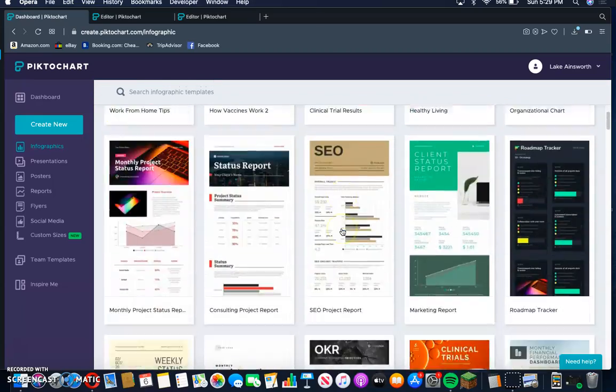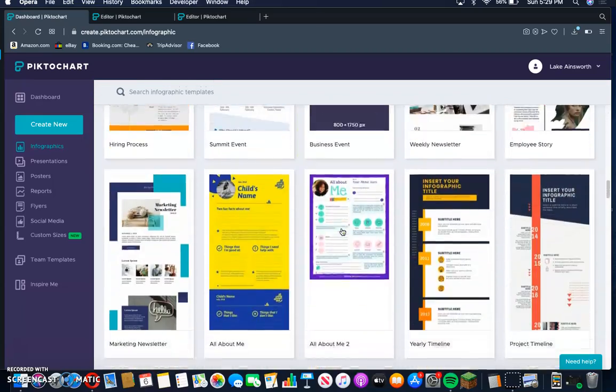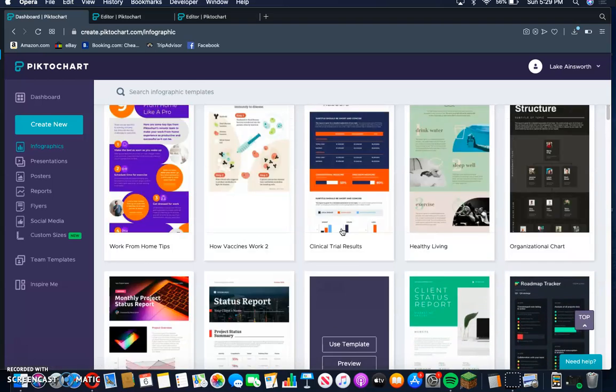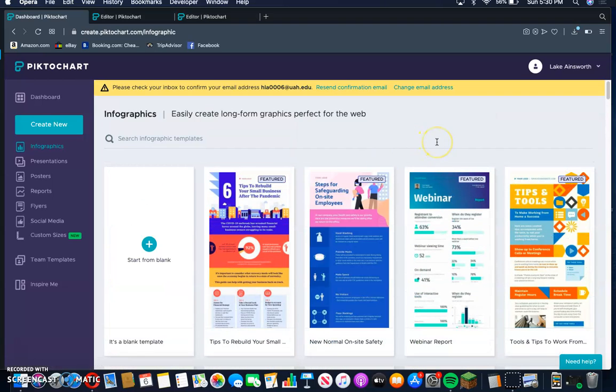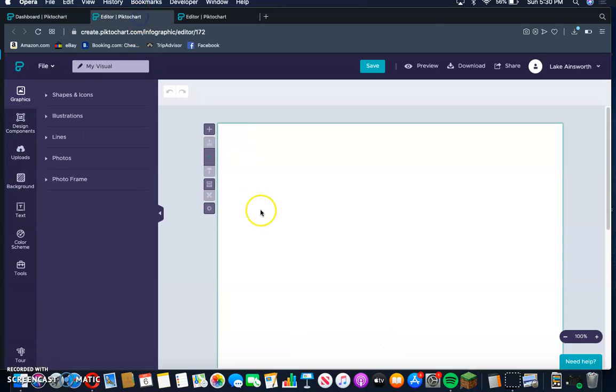And there is a ton and a ton of different types of templates that you can choose from for your list. And if any of them suit you, you can click it and then edit it to your heart's desires. But for this video, we're going to click Start from Blank. And so we're going to click Start from Blank, and it's going to send you to this page here. So on the left, you can see